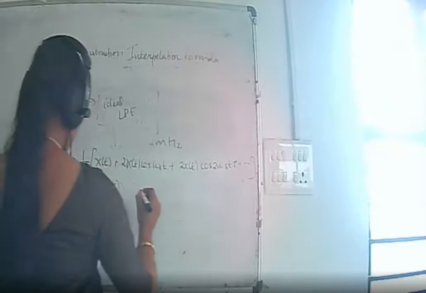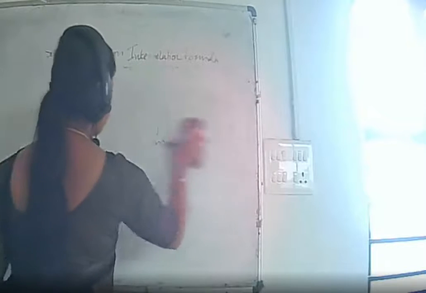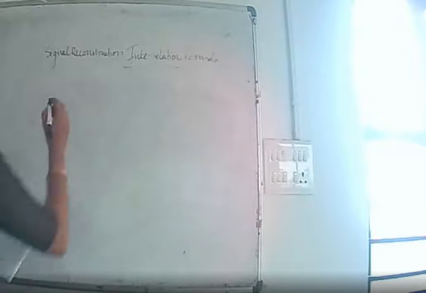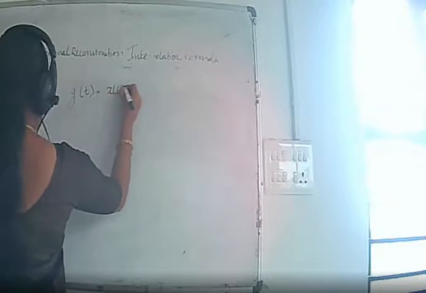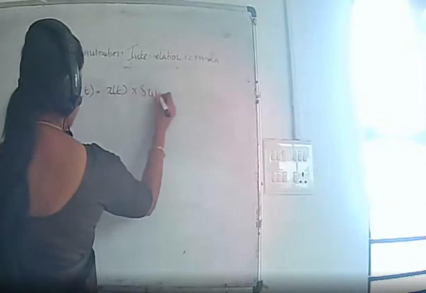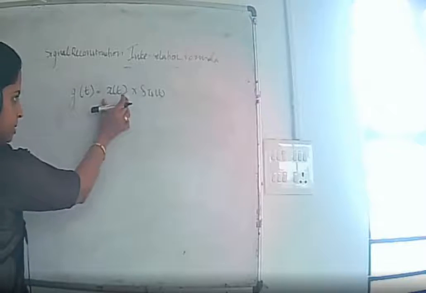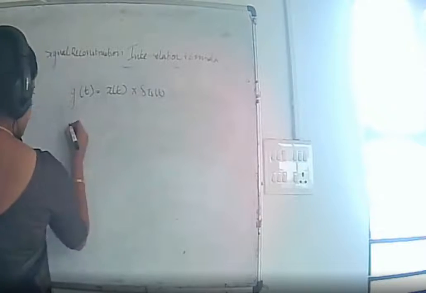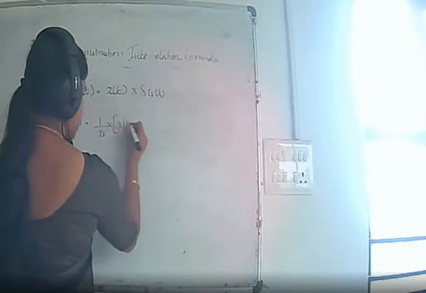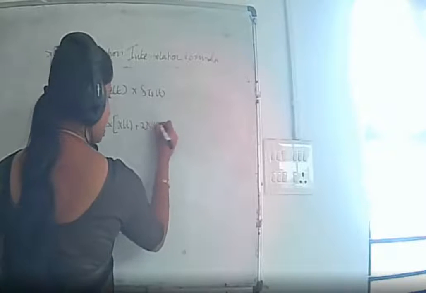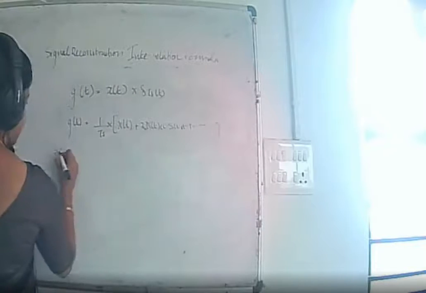Here g of t is x of t into the impulse train, that is, the original continuous time signal multiplied by the impulse train, which gives g of t equal to 1 by Ts into x of t plus 2x of t cos omega s t plus etc. So the sampled signal,